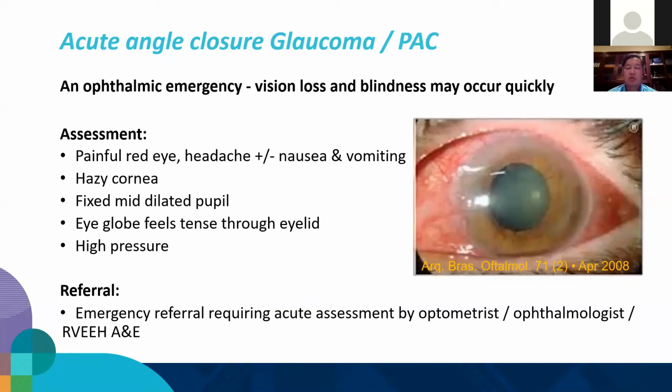This is one of the few ophthalmic emergencies that we have, because if we can get them to have a laser iridotomy performed, we can open up the angles, lower the pressure, and in turn their symptoms are resolved and the risk of them going on to develop glaucoma is reduced. So again, someone who presents like this, you need to get onto your local ophthalmologist, preferably, or the emergency department. Now, there are some therapeutically endorsed optometrists that have done a course, and they are allowed to prescribe medications first line as such.